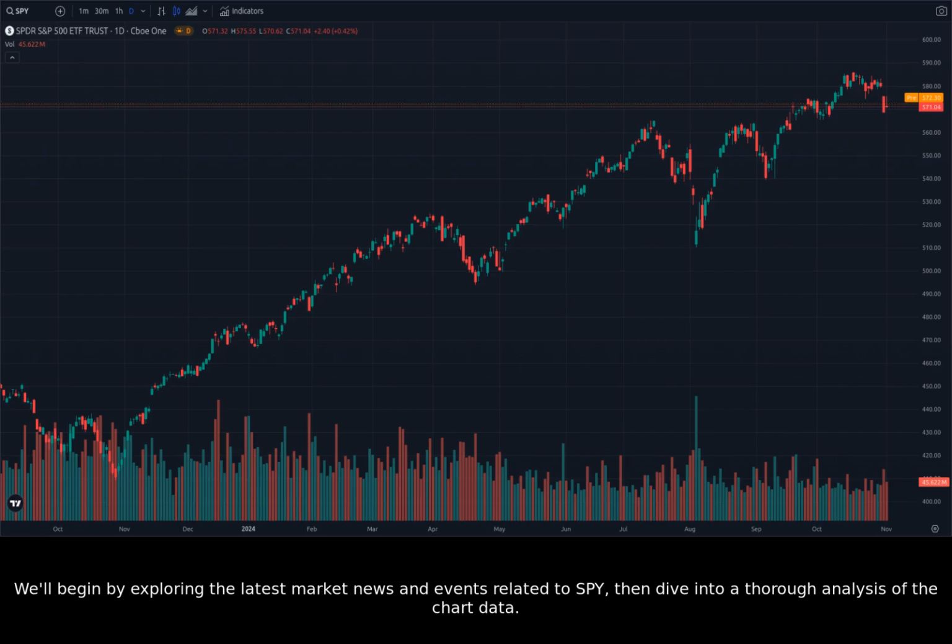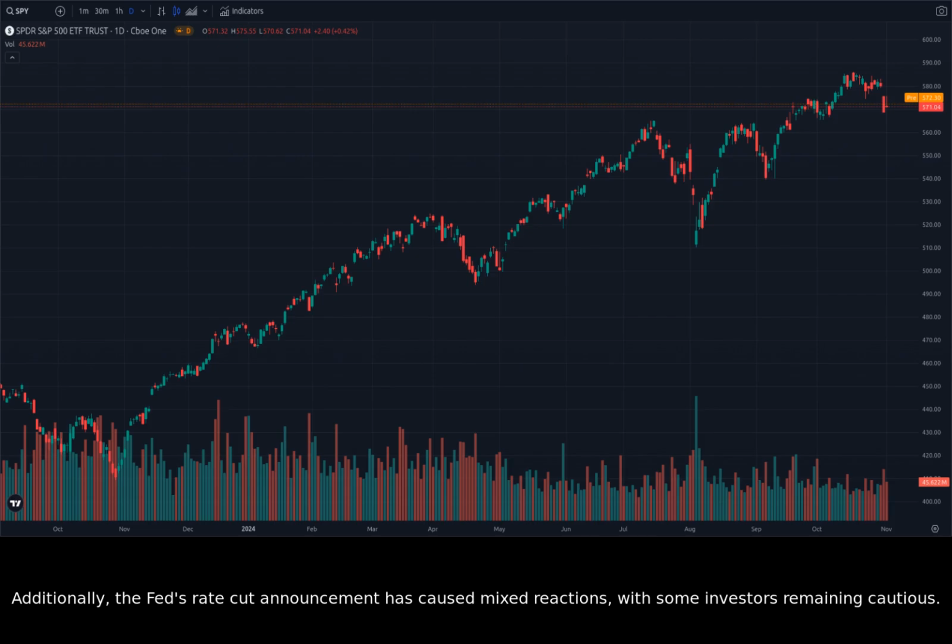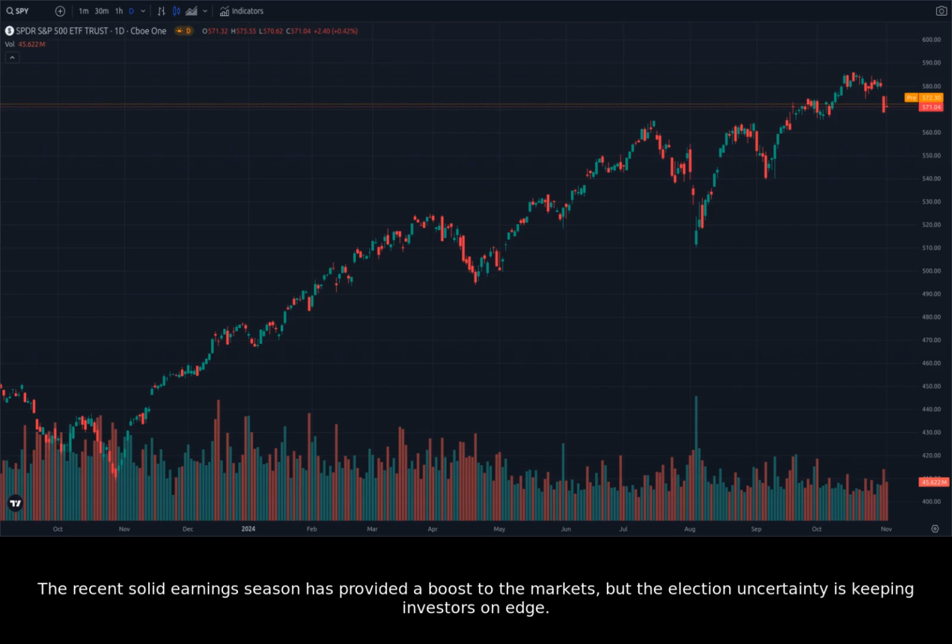the chart data. The market is currently reflecting uncertainty about the upcoming presidential election, with polls showing a tight race. Additionally, the Fed's rate cut announcement has caused mixed reactions, with some investors remaining cautious. The recent solid earnings season has provided a boost to the markets, but the election uncertainty is keeping investors on edge. Let's now turn our attention to the charts to see what the technical indicators are telling us about SPY's